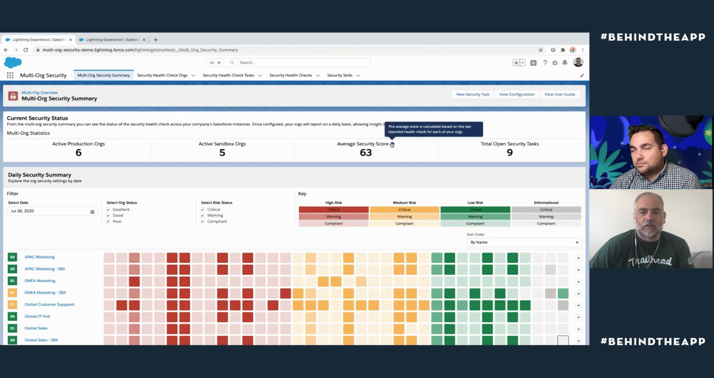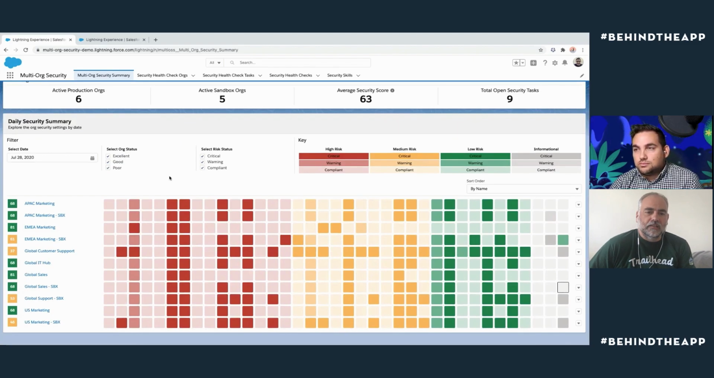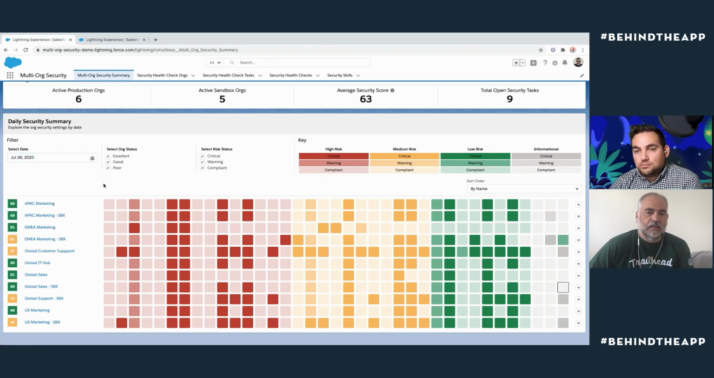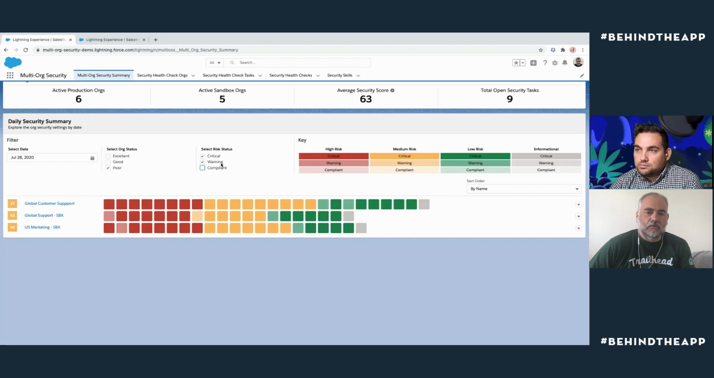So here we're looking at average security score across all our orgs. We can see the number of open security tasks, things like that. And then the bottom section is the filterable section where you can start drilling into data. We're looking at today's date. We could go back a day if we wanted to look at the data, or we might just want to drill in and look at poor scoring orgs, to filter down across our orgs and look at those